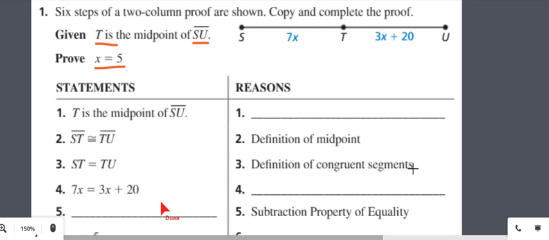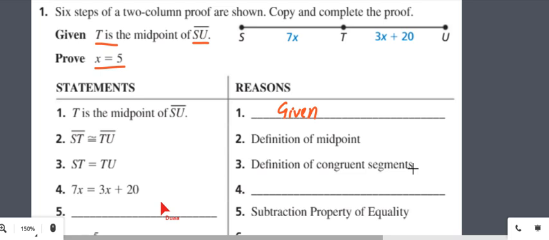So the first statement is that T is the midpoint of SU. It is given to us, right? So what is the reason? Because it is given to us. Then they said